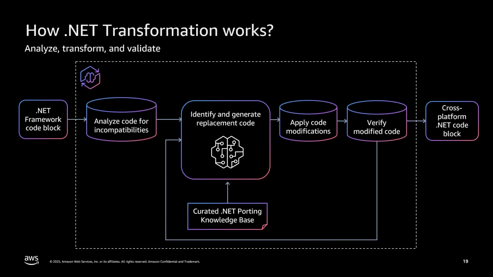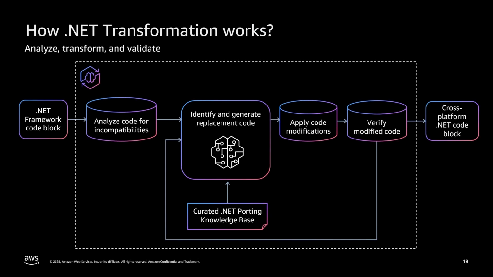And while walking through this dependency graph, what we do internally is use both our rule-based porting, which is based on the knowledge base that we have created over multiple years, as well as generative AI-based prompt engineering to find out what kind of errors your code is running into, and then make those code transformations within the realm of your goal, which is to go from .NET Framework to .NET 8 without trying to modify business logic.